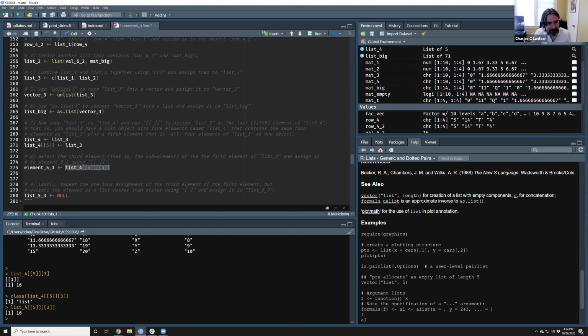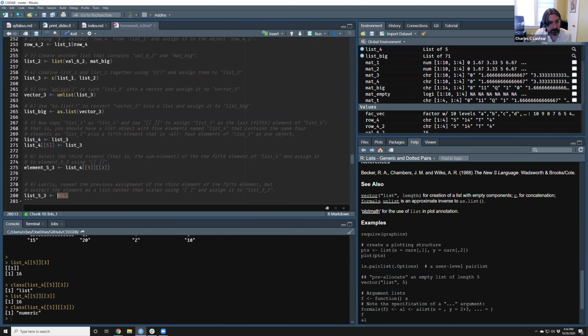And if I run class on this, ooh, it's a numeric vector. So the double brackets are important. Single brackets pop out a list. Double brackets pop out the actual element. So the next one down here is saying, repeat the previous thing, getting the 3rd element of the 5th element, but extract it as a list instead of a scalar.